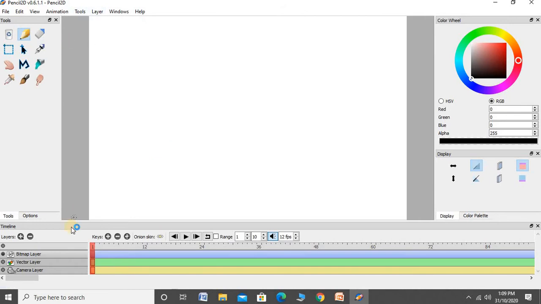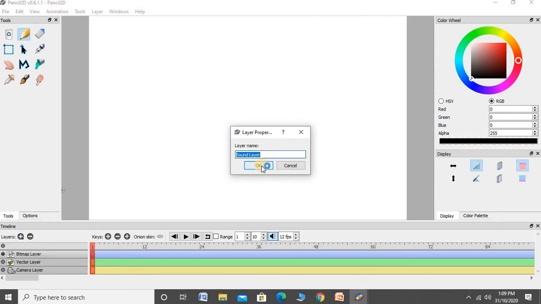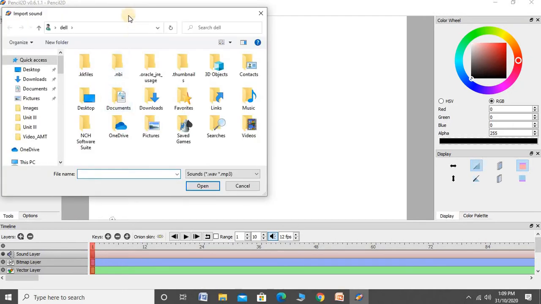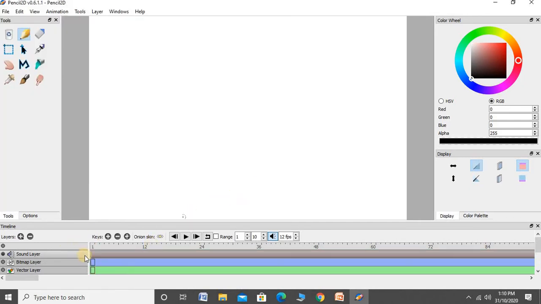First of all, add the sound layer. How to add this?